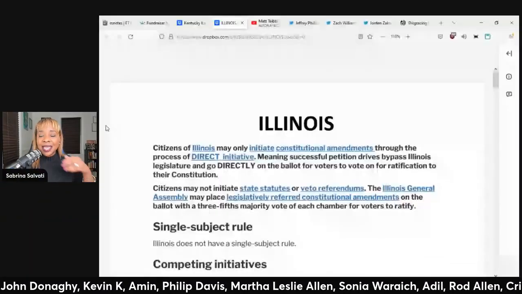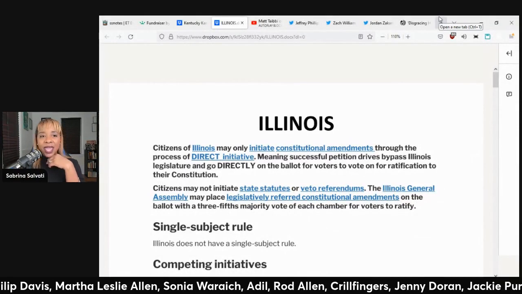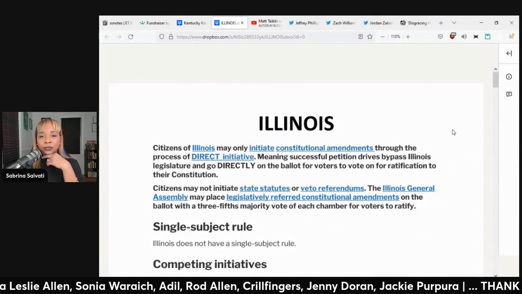Ballot initiatives, we've been covering these. We're going through the alphabet, and we have now reached the end of the I's and the beginning of the K's. We're going to go ahead and bring it in with Illinois. Let's see how ballot initiatives work in Illinois and what ballot measures they've had this time around.